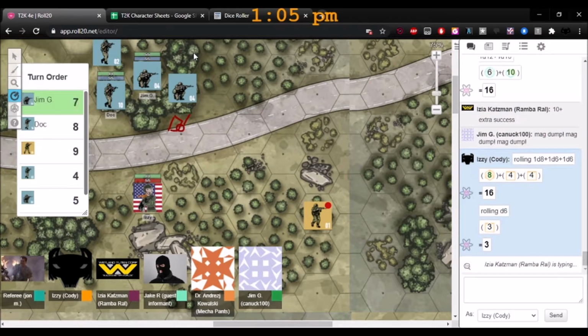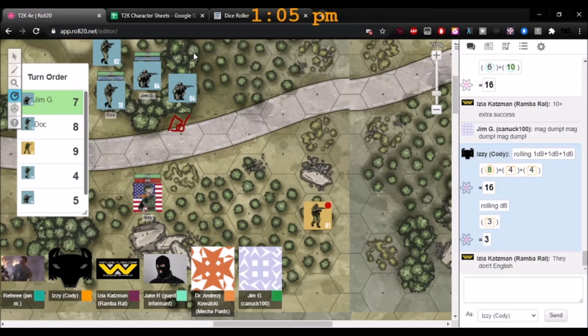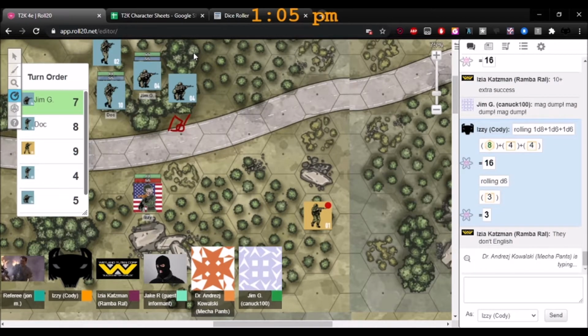Okay, Jim, you saw Izzy run across the road and your ears are ringing from 10 rounds of shotgun. Set down range, you see leaves flying out of the orchard, and you spotted that guy in the bush that Jake had pointed out. He goes down. So what are you going to do, Jim?